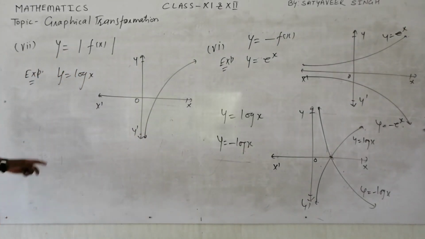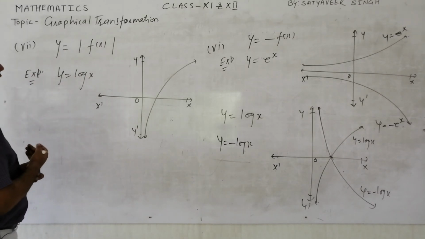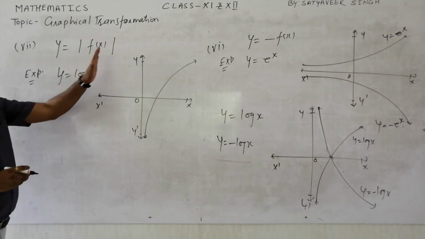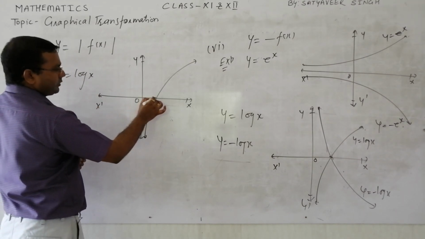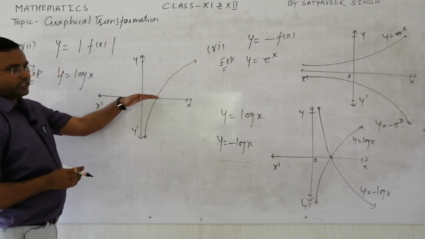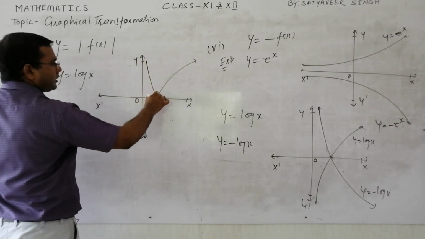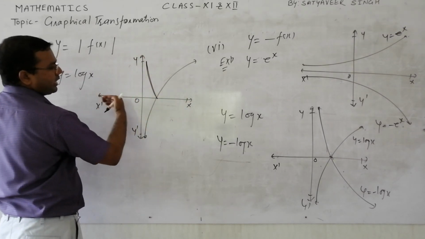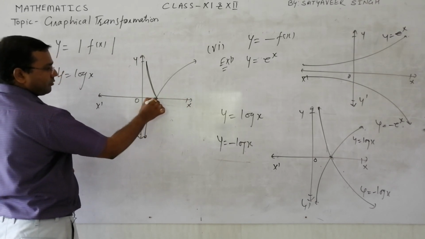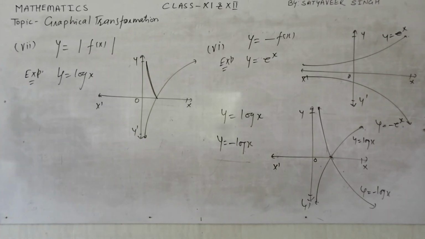But when we are drawing the graph of modulus log x, you will have to do it in two parts. In the first part you will draw the graph of log x, and then for the modulus part, see the part which is coming below the x-axis. The part below the x-axis, you will have to shift here parallelly. You treat the x-axis as a mirror, but only for the part which is below the x-axis. So this is the graph which belongs to y is equal to modulus log x.